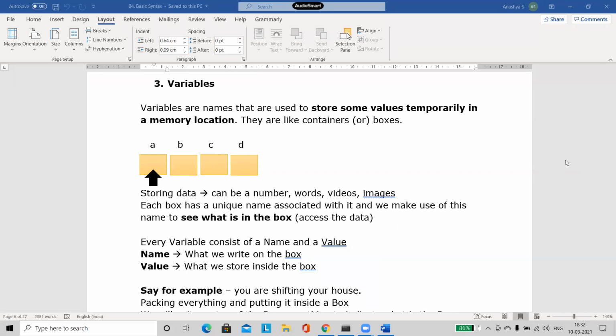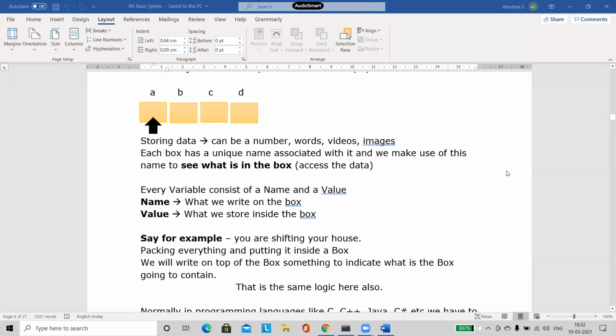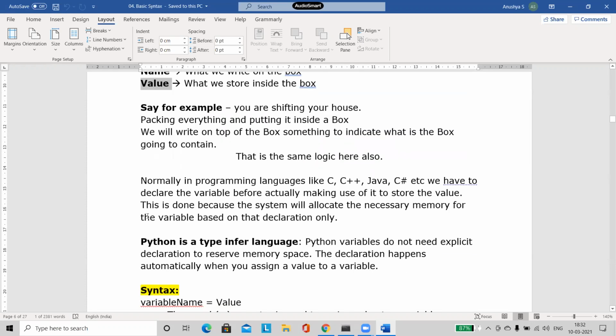And always remember, every variable that we create will be having two things. Compulsorily, every variable that we create will have two things. That is nothing but the name and the value. So a variable will always have a name, because using that name only, we will be able to access the value stored inside the variable. So why do we have a name? I want to access something inside this variable. So for that, I am going to give a name so that I can use it for access purpose. So every variable will have a name. Every variable will be having a value also.